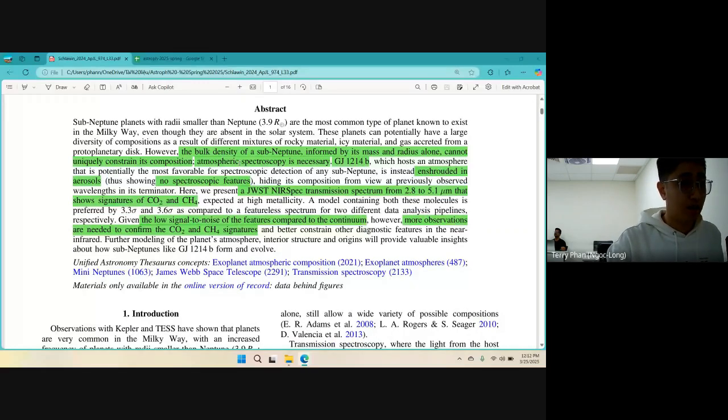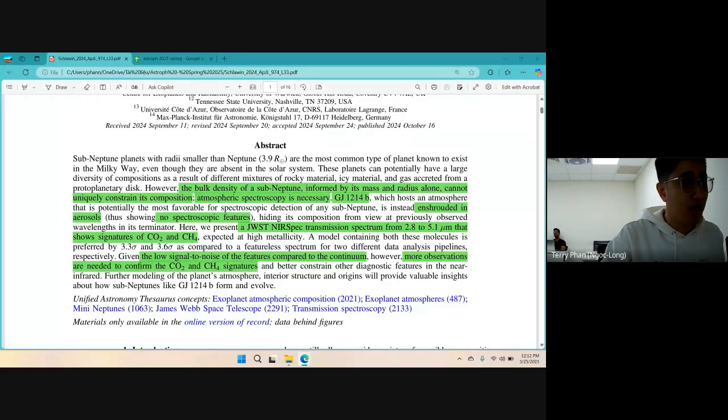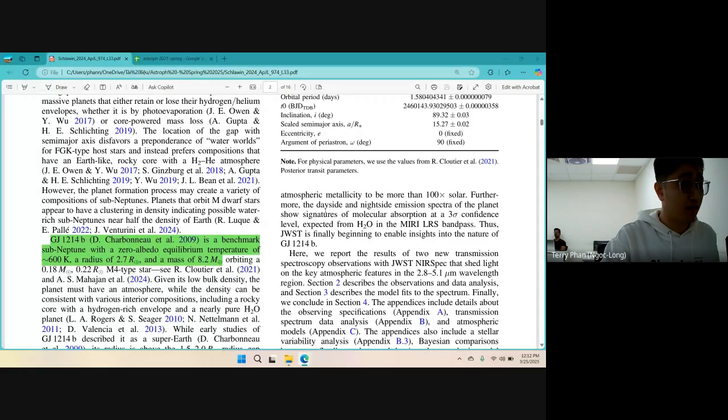and the motivation of this paper is that the bulk density of a sub-Neptune cannot be used to constrain the composition in detail. So that's why they need the atmospheric spectrum to analyze the composition of the atmosphere. So in this study, they focus on the exoplanet GJ1214b. This is a sub-Neptune planet with 2.7 Earth radii and a mass of 8.2 Earth masses, and